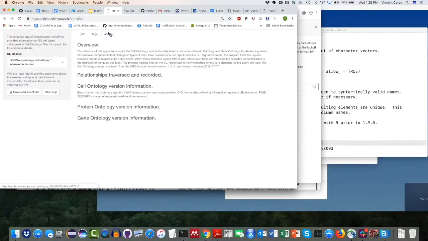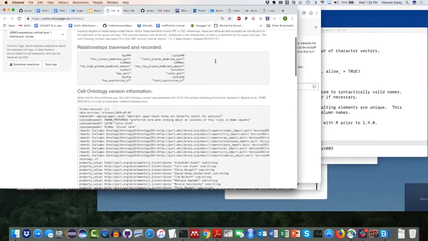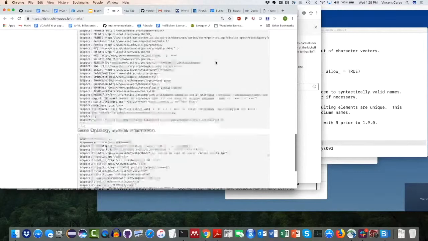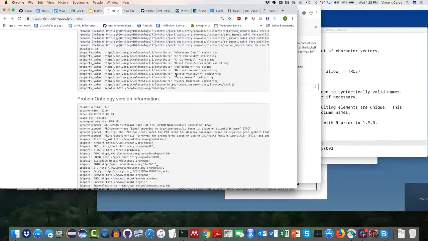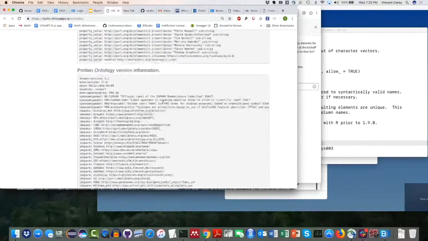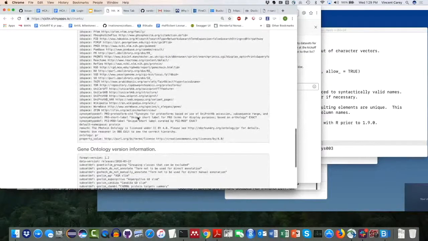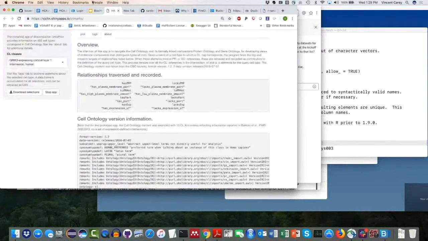And this other thing tells you about the actual ontology data that underlies this app. That's actually pretty substantial. Cell ontology makes a lot of use of protein ontology in order to annotate the features, and that itself is heavily curated out of many other ontologies. So,